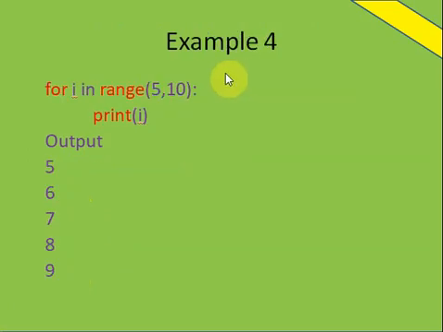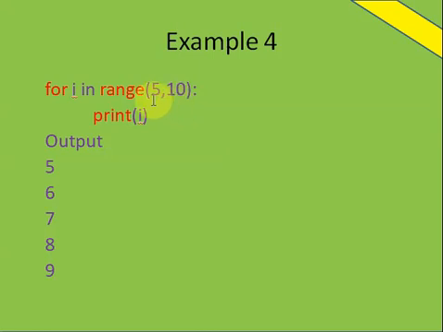Next example, for i in range(5, 10): complete with a colon, start with some indent, then the print statement. Here range is used with the for loop. i is the variable. When you give range and then two values, the first one is the start value, the second one is the stop value.